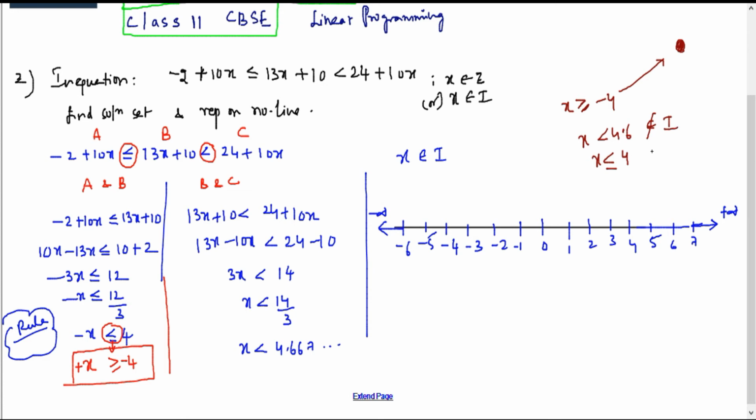So what I'll do, I'll consider the very first integer which is less than 4.6, that is 4. So I can consider 4. So even this is also a shaded circle. First I'll start with this one. This is a shaded circle because minus 4 is considered and plus 4 is also shaded. And now is the crucial part. Because x belongs to integers, I need to only take the integer numbers. You can't consider the entire set. You have to consider integers. So I will represent this by making shaded circles on each of the integers which is available.